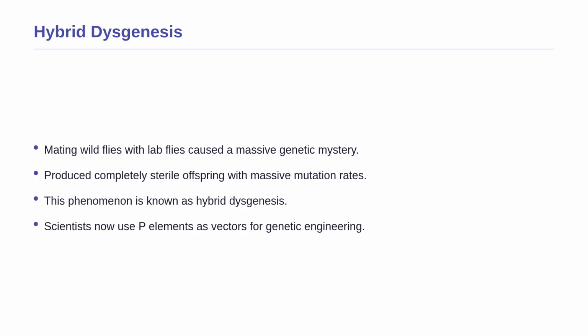Now that we have seen the mechanism, we can understand the massive biological mystery it caused. Why do we care so much about a jumping gene in a tiny fly? Decades ago, scientists noticed that mating certain wild flies with laboratory flies produced completely sterile offspring with massive mutation rates. They called this catastrophic failure hybrid dysgenesis. Without knowing about P elements, scientists were completely baffled. We now know that unregulated jumping genes caused this chaos. Today, this discovery is